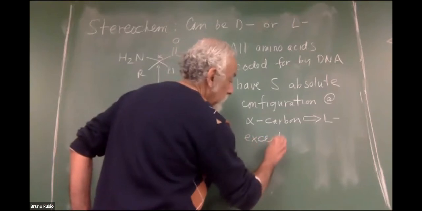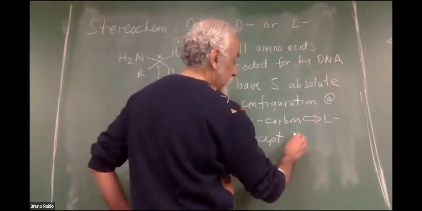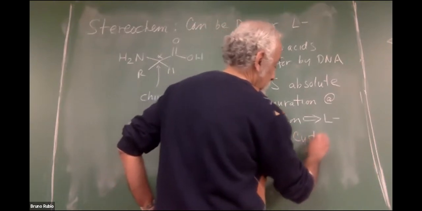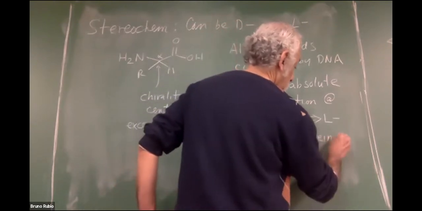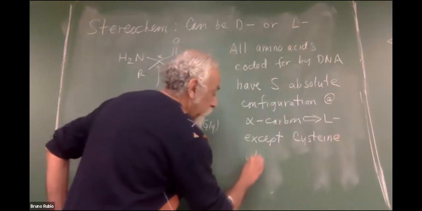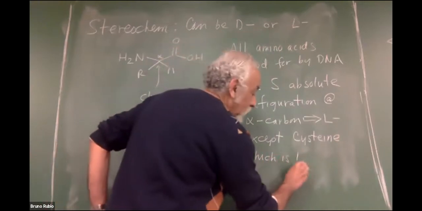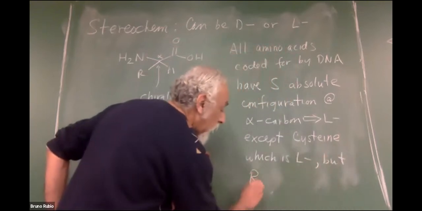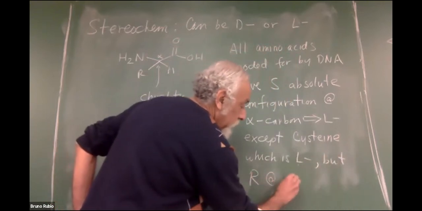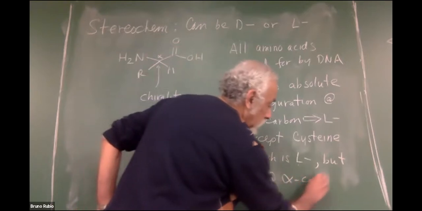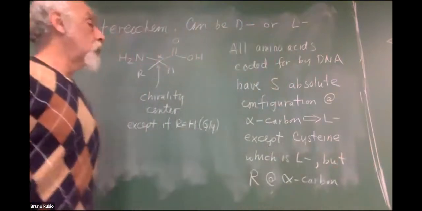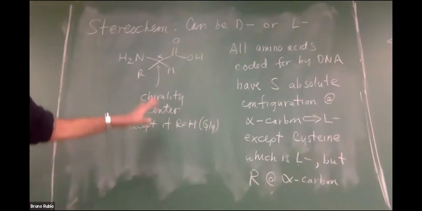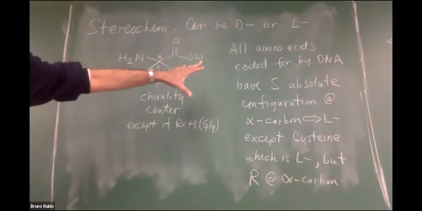Except the amino acid cysteine, which is L, but R at the alpha carbon. Okay, so I want to explain why this is, but the take-home message here is that the naturally occurring amino